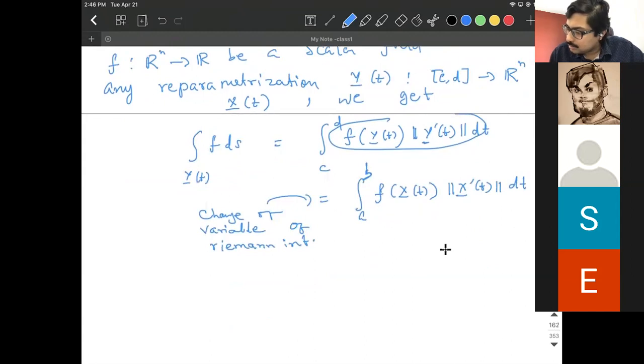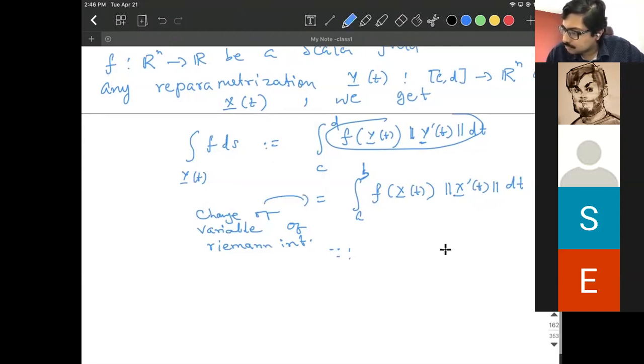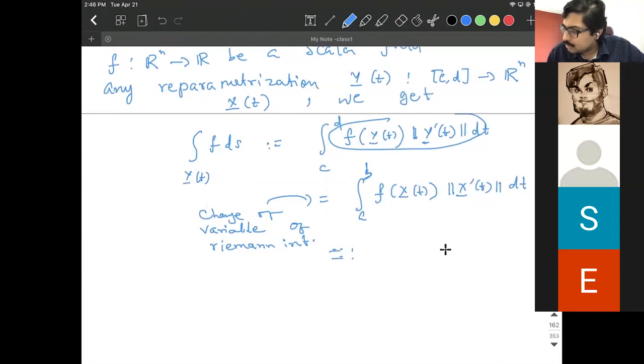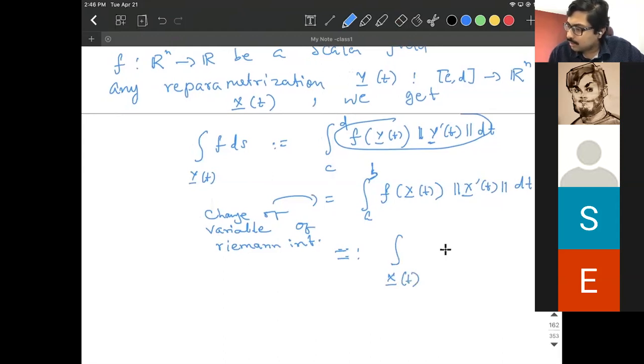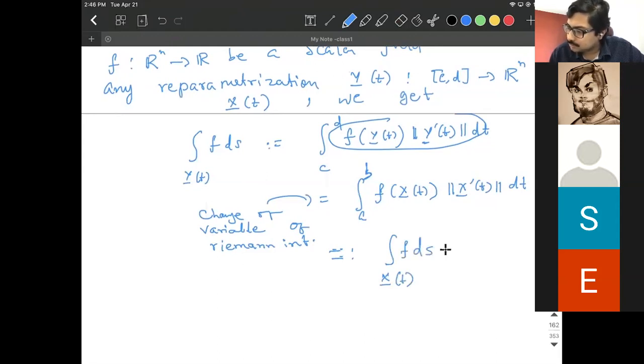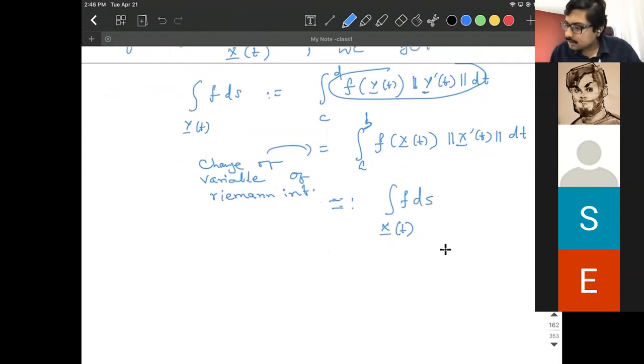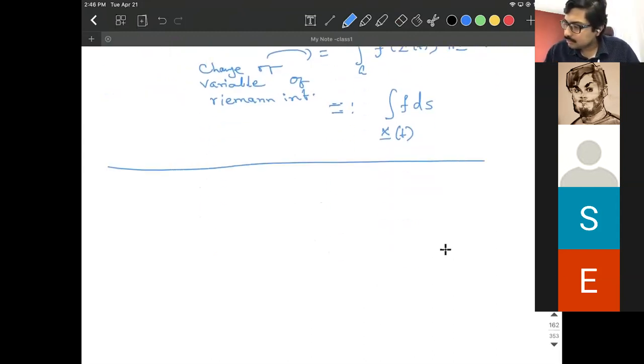Okay, and this, by definition, is equal to the scalar line integral along x(t) of the same function. So the scalar line integral doesn't change. Now, before going to vector line integrals, as you can guess, if the scalar line integral doesn't change,